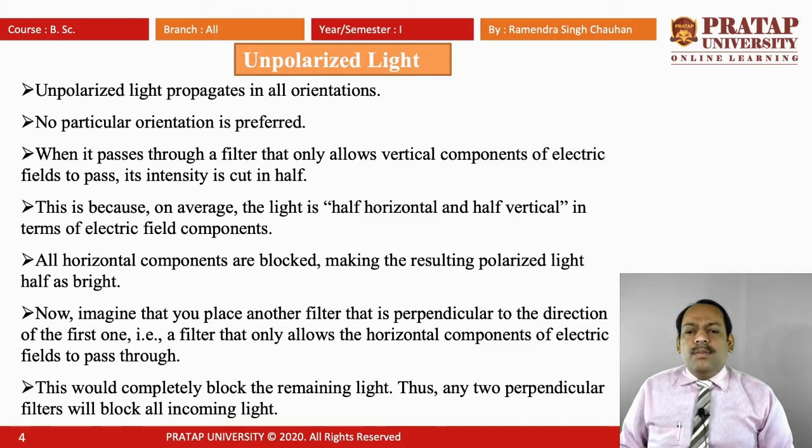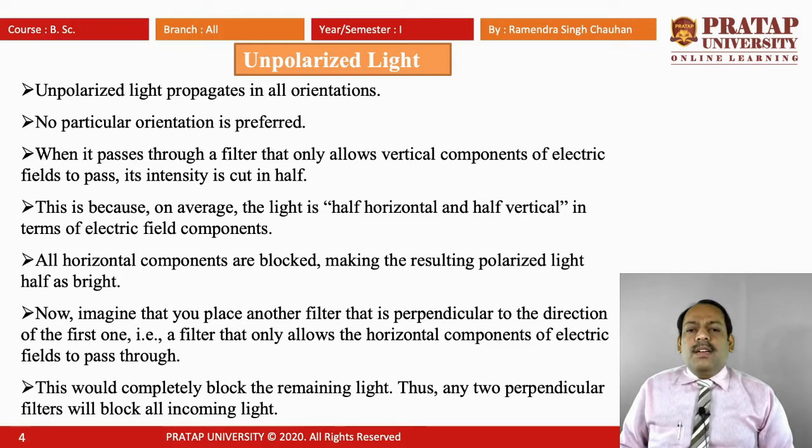That is, when we use a polarizing filter, the settings are such that vertical components of the electric field are allowed to pass and others are blocked. That's why the intensity of the unpolarized light passing through the filter is half, and we can determine that by